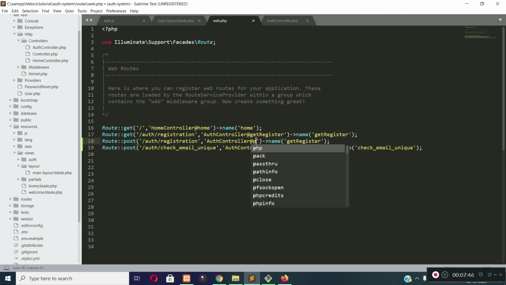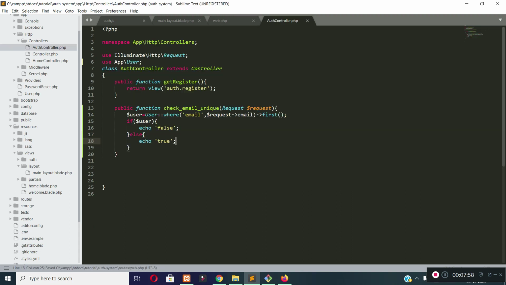It will execute the post register method of the auth controller. Let's give a name to this route. And now let's create the post register method in the auth controller.